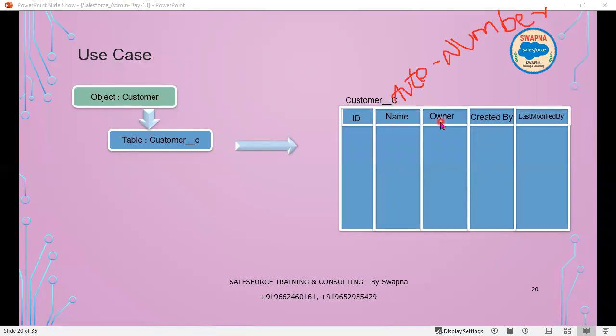Now here we have owner, created by, last modified by. Owner is created by Salesforce, created by is also created by Salesforce, and last modified by is also created by Salesforce. These are the 5 fields which are created by Salesforce by default whenever we create an object. So whenever you create a new object, by default you will see the 5 fields created by Salesforce: ID, name, owner, created by, last modified by. And along with this,